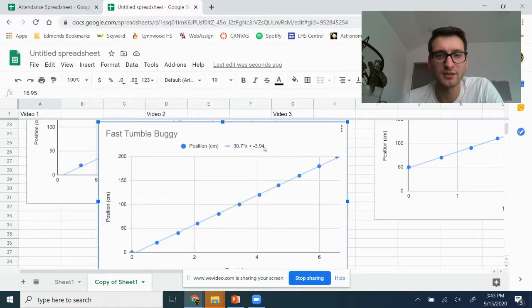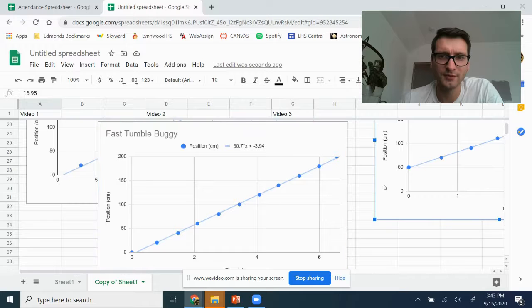We can still see that we have a fairly small y-intercept, which means that its initial starting point, right where the car was at 0, is pretty close to 0. So that's good. Much better than what we had with the other data. Okay. If we take a look at the last graph,